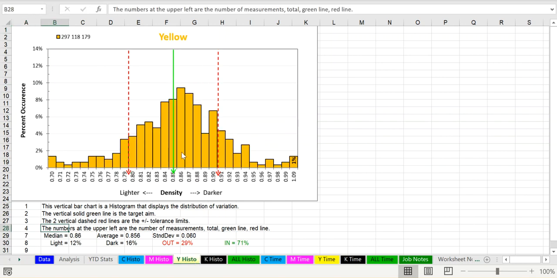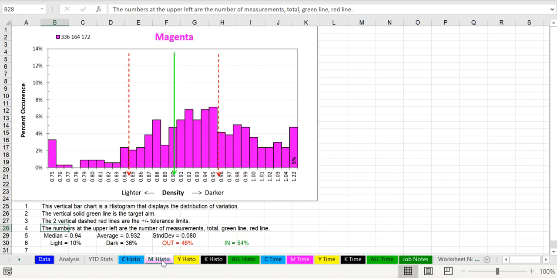Again, the target on the yellow is 85. We were 71% within specification, and 29% outside of specification, 16% on the dark side and 12% on the light side. You can see that the average is almost exactly where we want to be in terms of target, and the standard deviation is much, much better here. 297 measurements made here. Looking at the Magenta histogram,